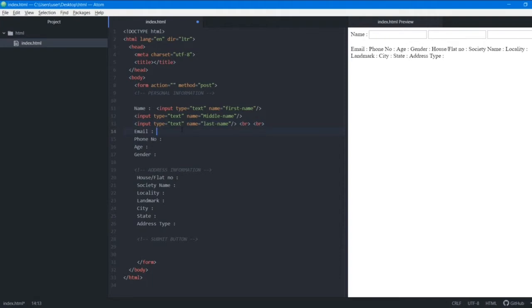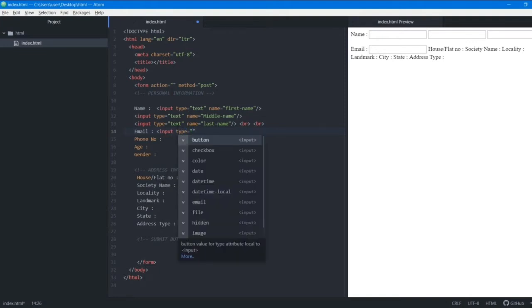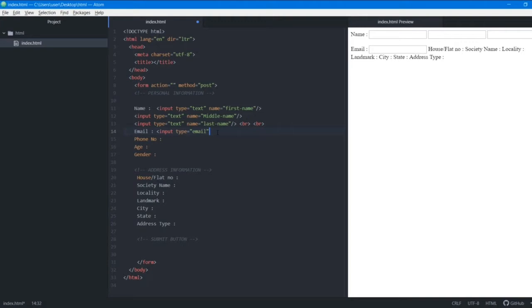Now the next thing I want from the user is email. There's a slight bit of additional feature you can use in HTML5. Let me just show you. You open up the input tag. Now the normal type attribute value you choose is text, but if you want to accept email from the user, there's an option called email. You'll choose this email option. Now let's give it a name. We'll call it email. I'll tell you what it does at the end when the form is ready to use. We'll close off this tag and add 2 line break tags.